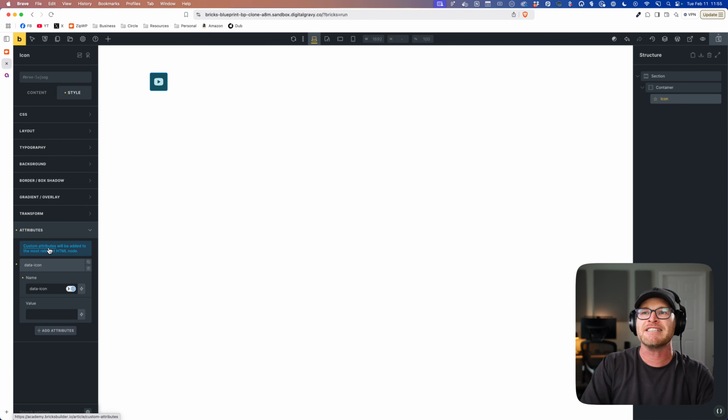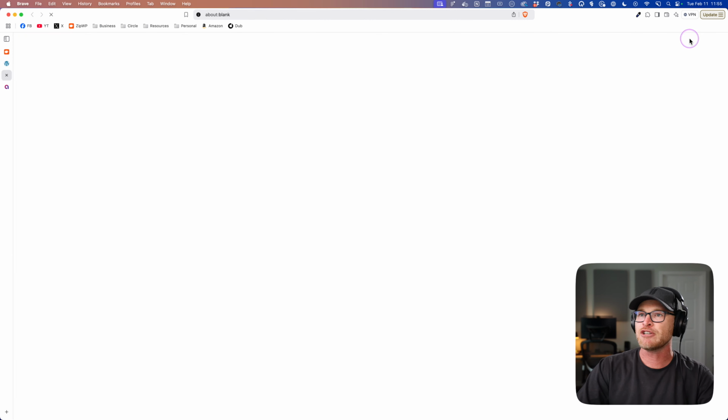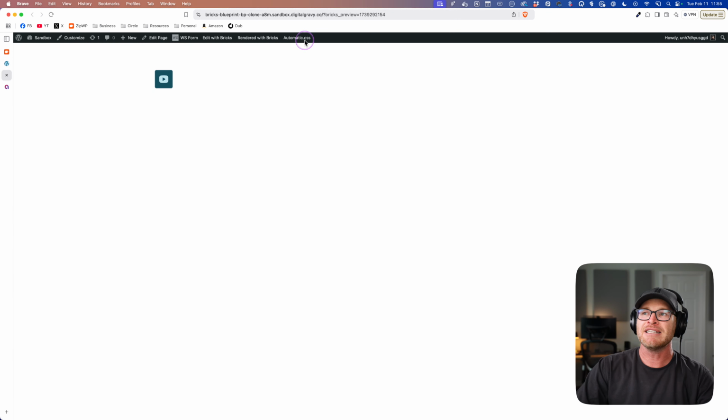But I'm just gonna say that this is a data icon. Look immediately what has happened, okay? Immediately it's boxed, it changed color, it got a different size going on, it's got all this stuff, okay? I'm gonna save it, and we're just gonna take a trip to the front end. We can see this is a boxed icon.